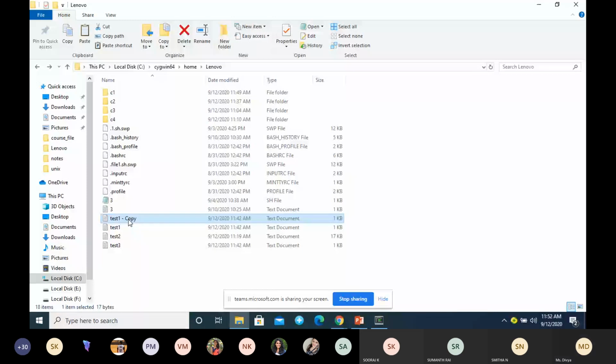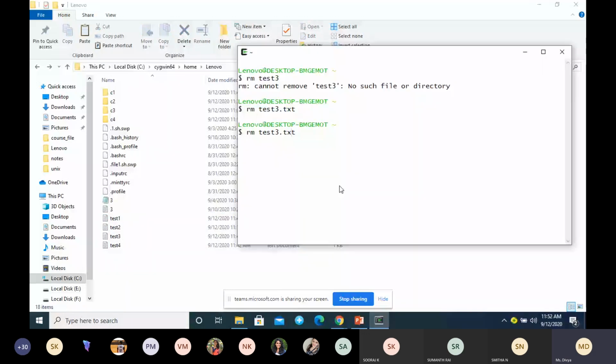Now here I am trying to delete multiple files, test3 as well as test4.txt.